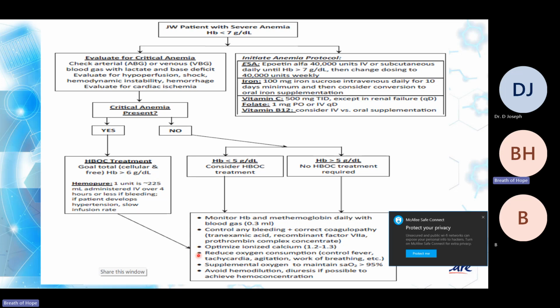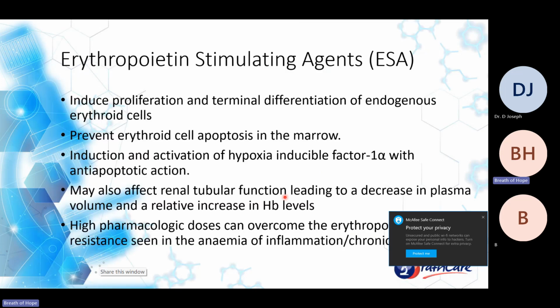Reduce oxygen consumption by controlling anything that might increase the metabolic rate. Give supplemental oxygen to maintain a slightly higher saturation of 95%, avoid intravenous fluids and hemodilution, and potentially give diuretics to cause hemoconcentration. So that's in a nutshell, but I want to just deep dive more into certain aspects